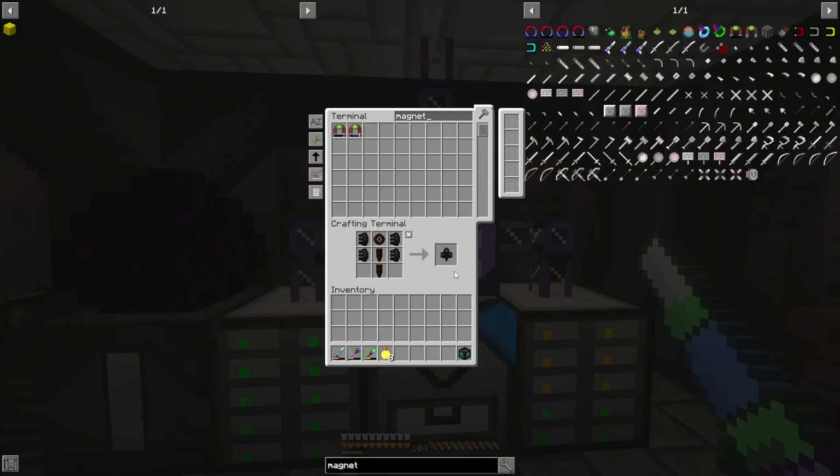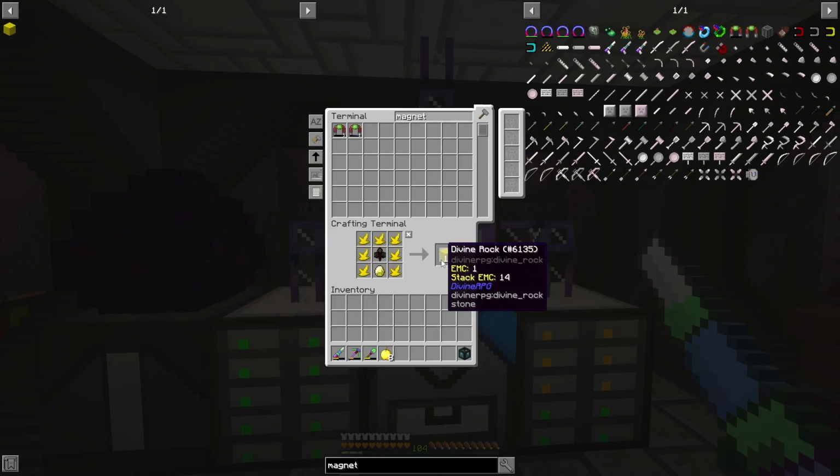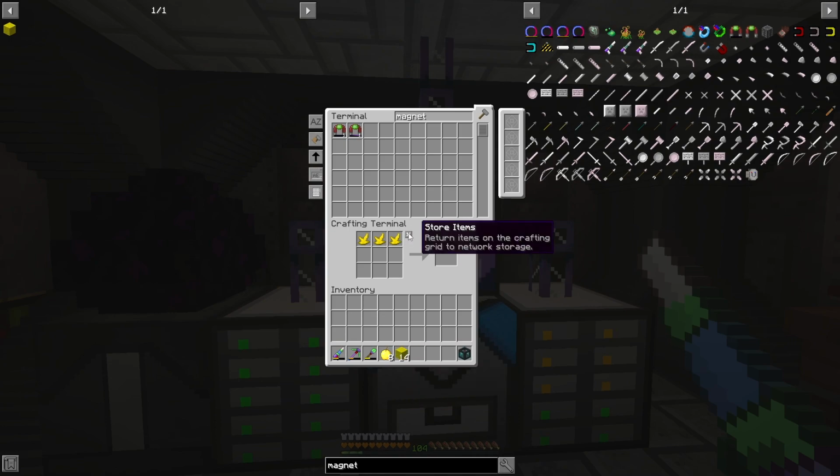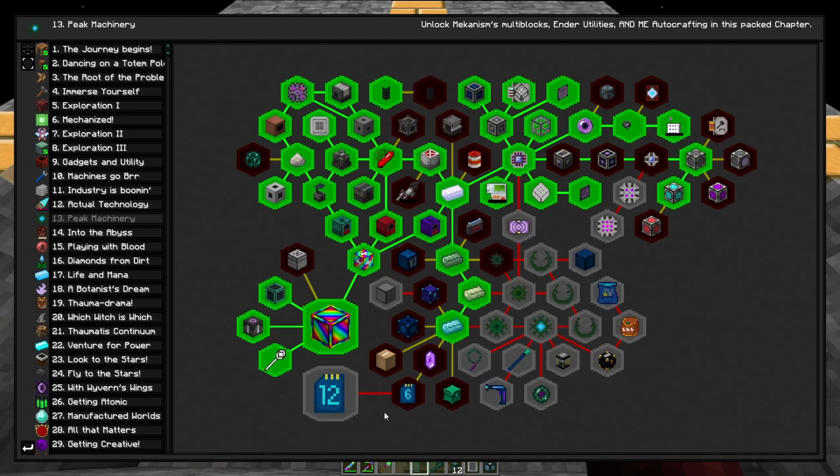The reason we needed to fight those 3 bosses is for this unholy token, which is needed for the Divine Rock, which is actually the portal frame to the next dimension we need. To actually progress any further and to get this mysterious clock that we need to actually open the portal, we need to go back into Chapter 13 and actually complete this quest here for the